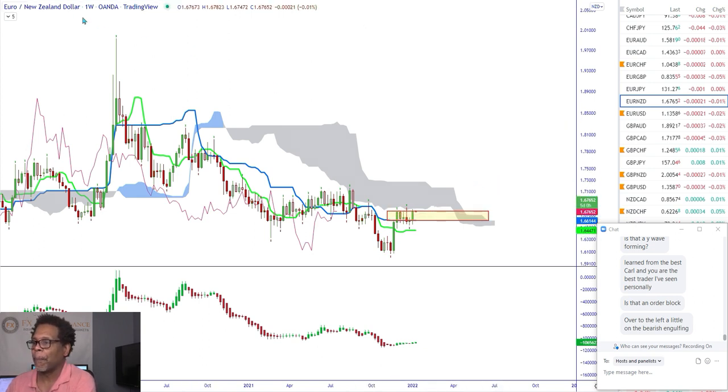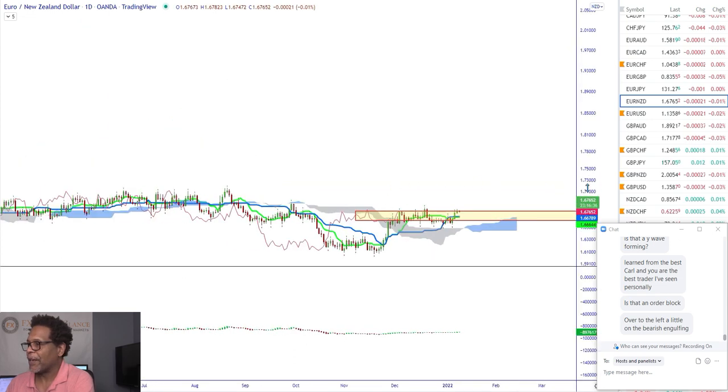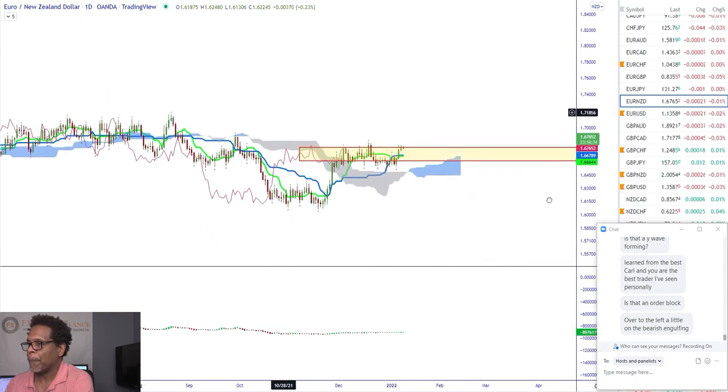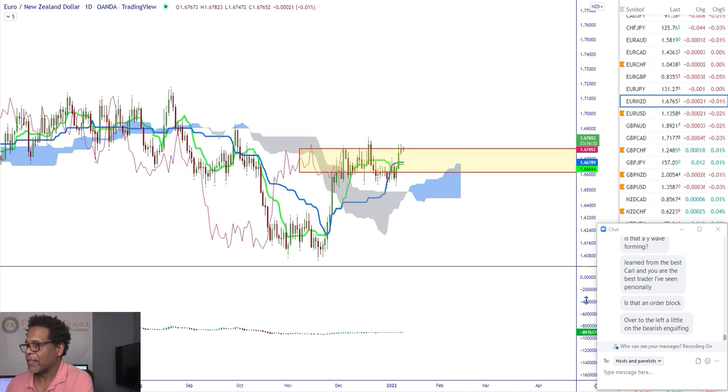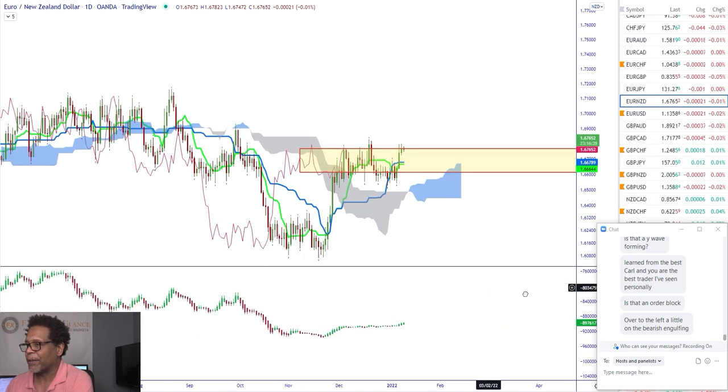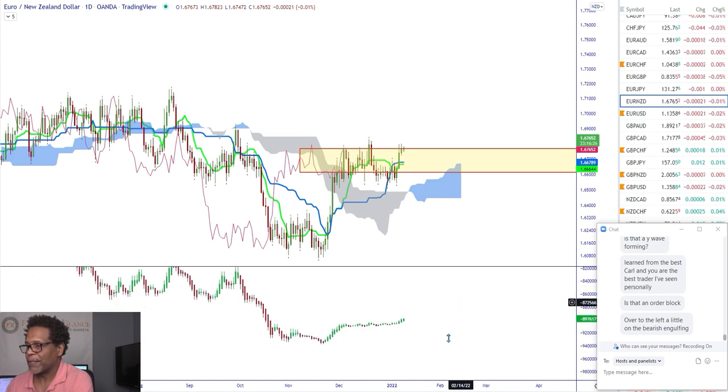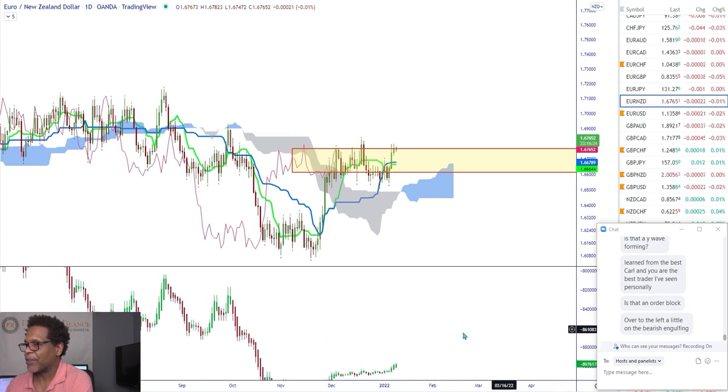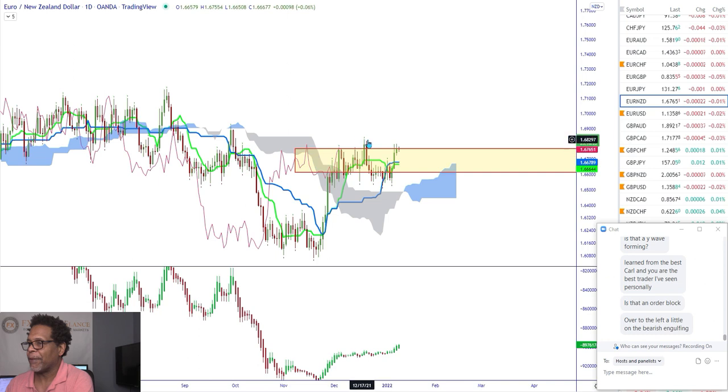Let's go to the daily. We're inside that level. Now, what's giving us any kind of determination of where the market could be going? Look at the cloud again. And then look at that Tenkan and Kijun. And the cloud is very thick. So we might have had a top here.